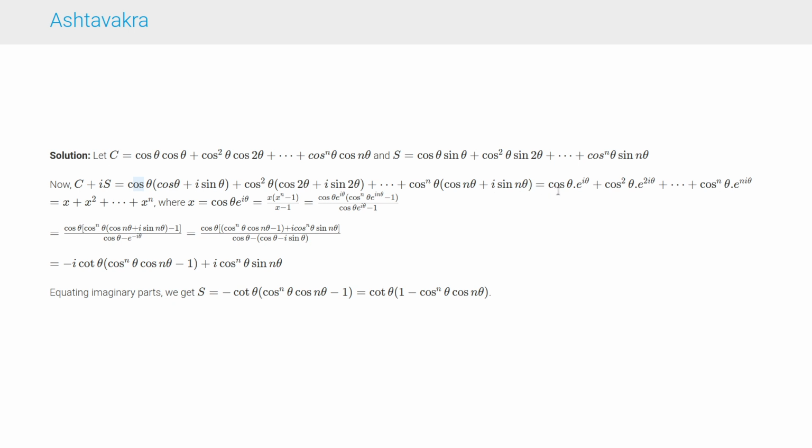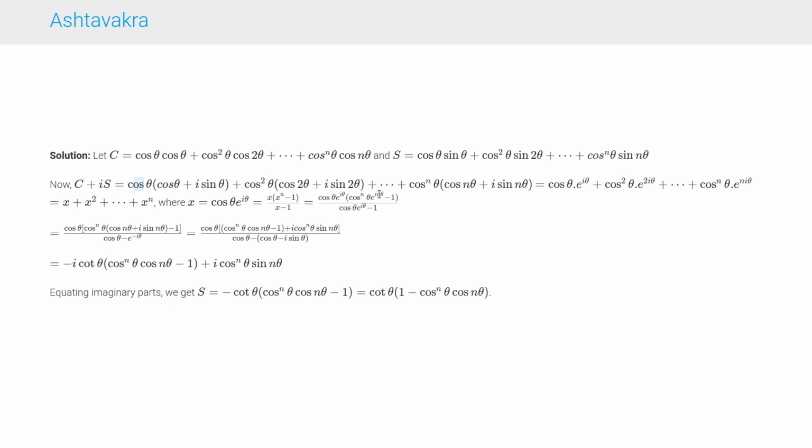Now this is equal to cos theta e to the power i theta plus cos square theta into e to the power 2i theta and so on up to cos to the power n theta e to the power n i theta. This is equal to x plus x square plus up to x to the power n, where x is equal to cos theta into e to the power i theta. We find out the sum of this geometric progression as x into x to the power n minus 1 by x minus 1,